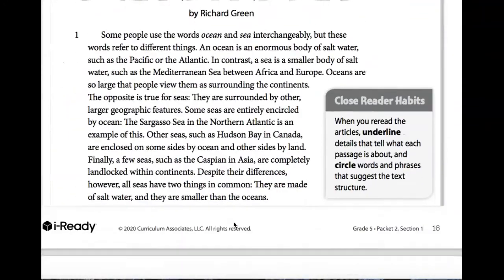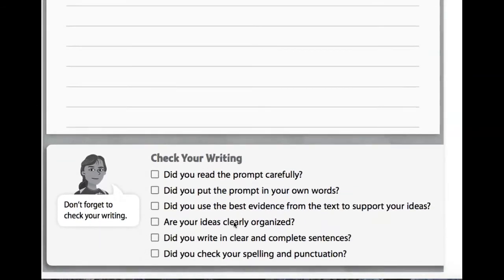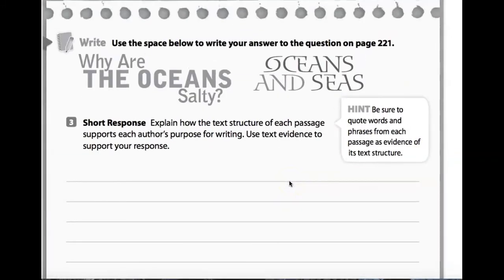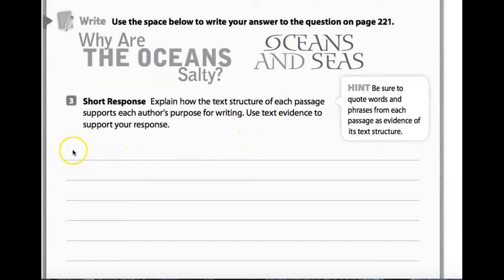Okay? All right. Well, that you can work on independently. And then when you're all done, this is a really important part. Check your writing and check these off as you mark them or as you write. Did you read the prompt carefully? So I've read it two or three times to you. Okay, make sure that you understand the prompt. Did you put the prompt in your own words? Okay, so what that means is you would say the text structure of why are the oceans salty is,